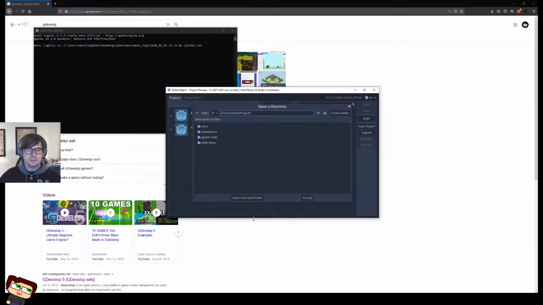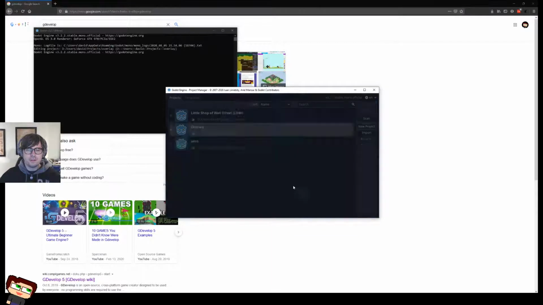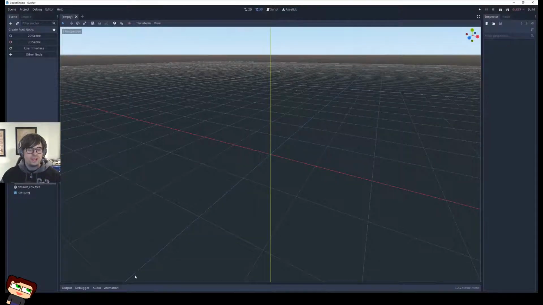Projects. Create folder. We're going to call this one just overlay. And we're going to create that in there. Select current folder. Bam. Create and edit. Fantastic. Now we're into Godot. Look at that. That just fell apart so quickly for GDevelop.